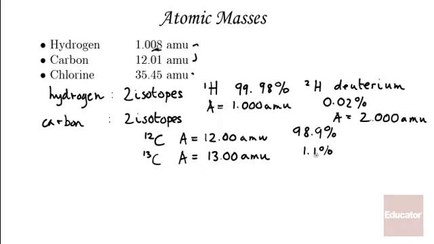And it's that 1% of the slightly heavier isotope carbon-13 that leads to carbon having an average atomic mass of 12.01. Well, you can probably guess by now what I'm going to say about chlorine. Since chlorine comes well in between two whole numbers, it must contain isotopes that have very different masses, and so it does. But chlorine, which also has two common isotopes,